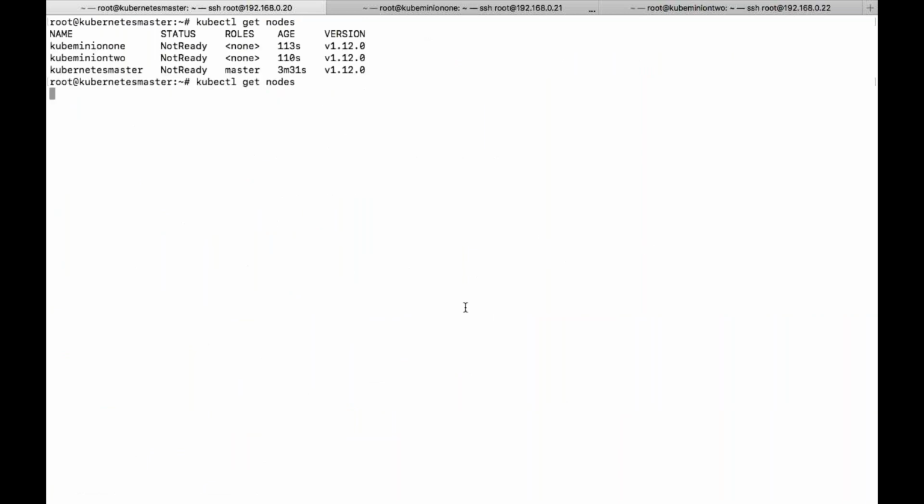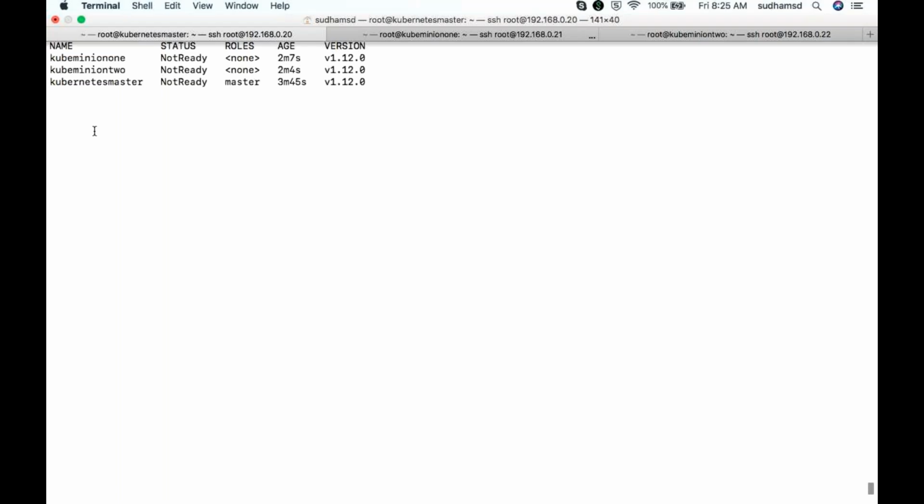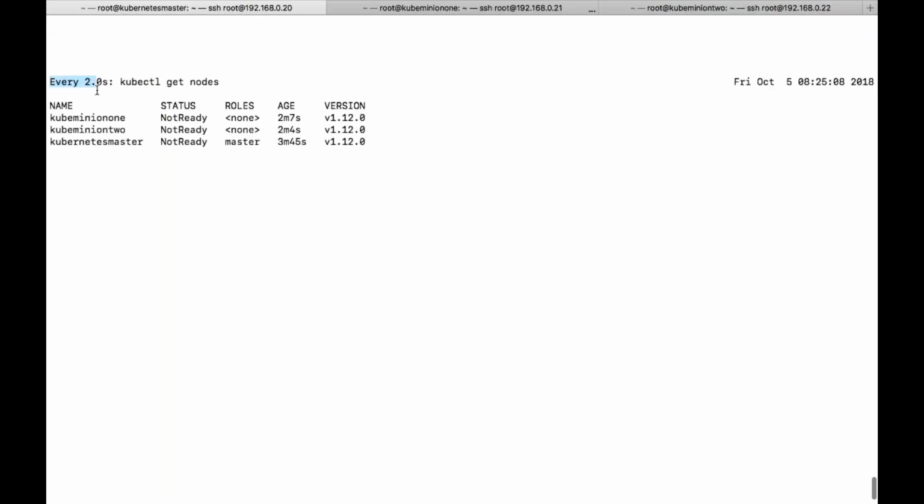Instead of executing this command multiple times, you can use watch before it. It will show you the output every 2 seconds. You can see the interval over here. So this command will execute every 2 seconds.